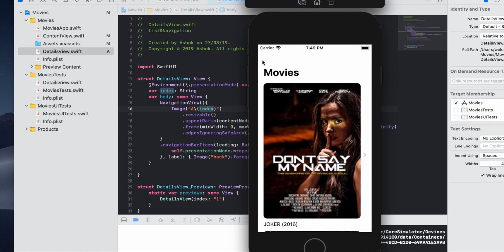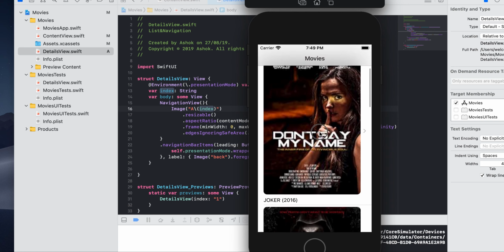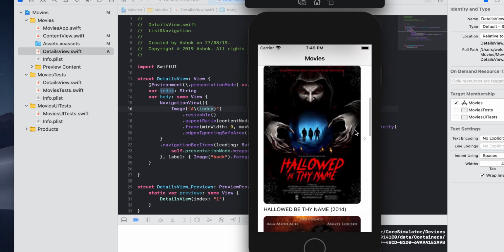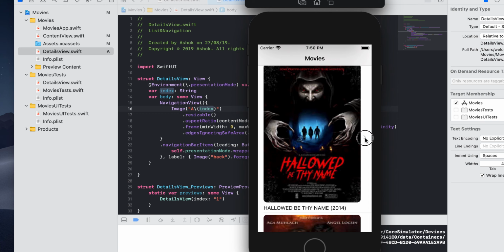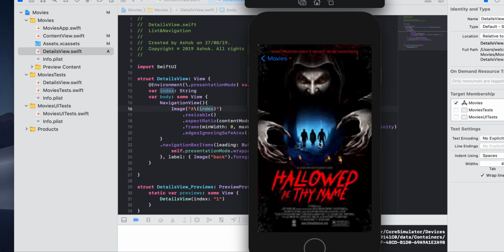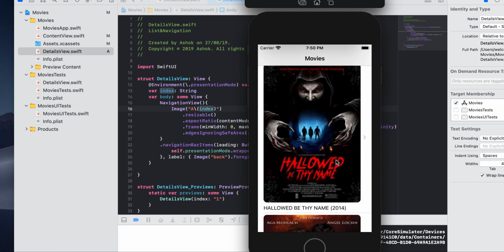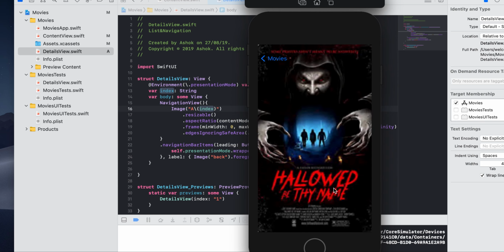If I click on back, it will go to this. Okay, so it's not very good. Maybe we should make this edges ignoring safe area not all, it should be nothing. I think edges ignoring safe area is all, but it's not really doing this. Right, the same way, next one. Let's see. Same way, that chevron has come here. When I click here, the whole thing will be there. Then go back. Then again, the third one.